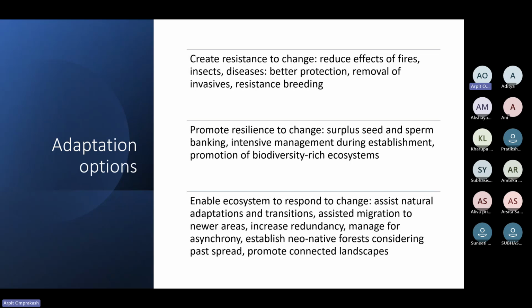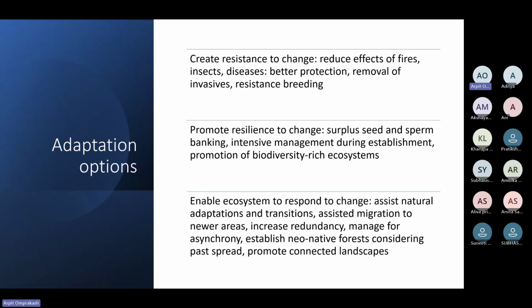So, for example, assisted migration to new areas. So, if something has died off in a given area due to forest fire, some tree, and it's not able to go back to its original habitat, what we can do is we can assist in migration. We can plant seeds, or we can basically assist migration of other organisms that it depends on, increasing redundancy,